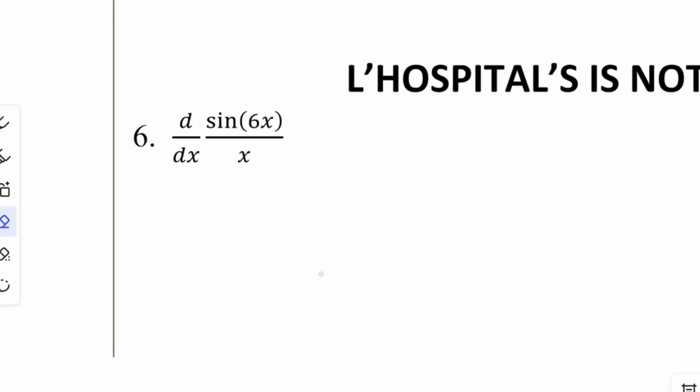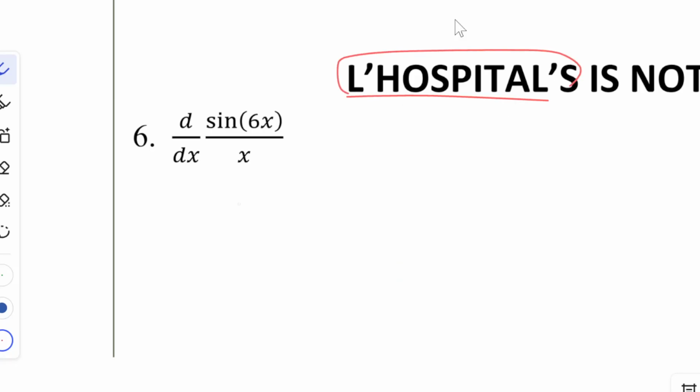And this one, it's not L'Hopital's because L'Hopital's is just for limits. All the problems above were limits. This one's just asking me to take the derivative, which is quotient rule. So big V G. That's the quotient rule. So this part says derivative of the top, right? F prime. So that is